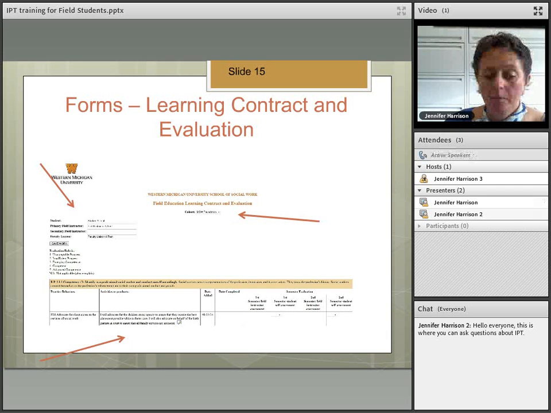Note that all three users, the field instructor, the student, and the faculty liaison, can go in at any time and edit this. So say you put something initially and your field instructor says, you know, I'd like it to be a little bit more specific. The point of these activities and products is really to be able to see, to demonstrate. They should be SMART goals, so they should be specific, measurable, achievable,